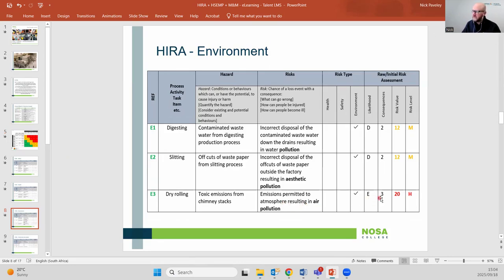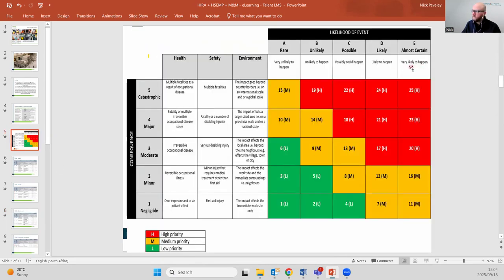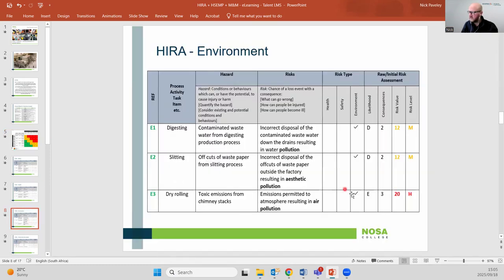I've got an evaluation of E3. E, very likely to happen. 3, moderate. The impact affects the local area, i.e. beyond your site neighbors. It could affect the whole village, the whole town, and or the city, because these emissions have been allowed to interact with the atmosphere. Wind currents will push that air pollution over the surrounding area. That's why I've chosen a slightly larger area, because I'm thinking practically here as a risk assessor. So I said there, E3,